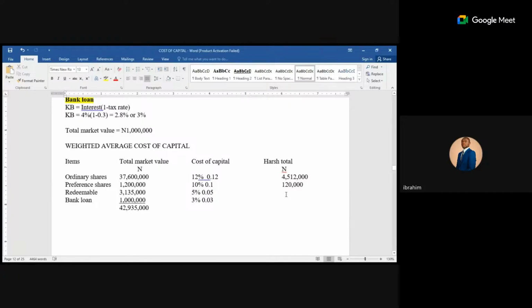So what do we have here? 156,750. Next, what do you have? 30,000. So what is the formula for calculating weighted average cost of capital? So what is the total? 4,818,750. So weighted average cost of capital is equal to